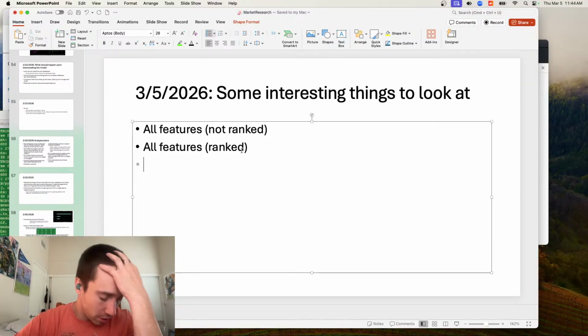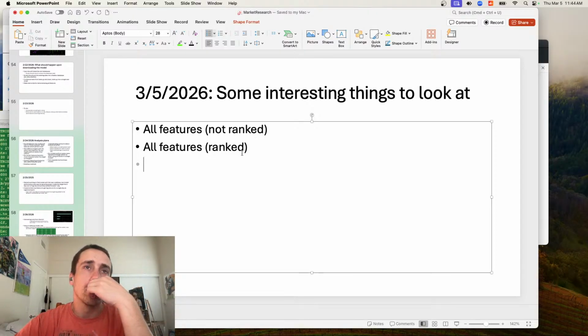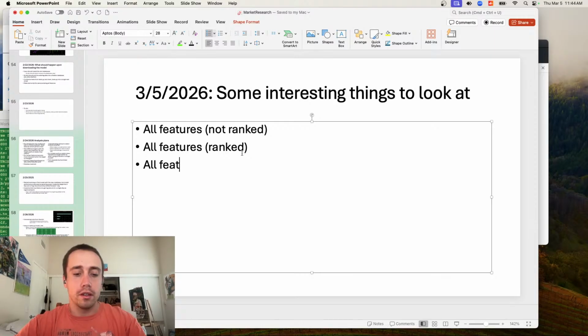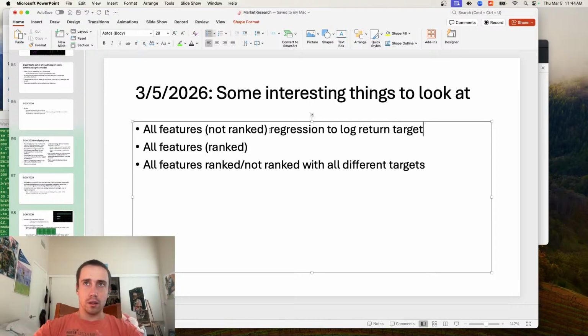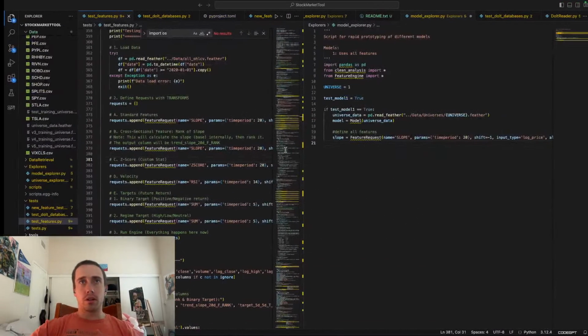And then from there we can do all features ranked or not ranked with all different targets. Regression to log return target. Same thing here, regression to log return target. Okay, so